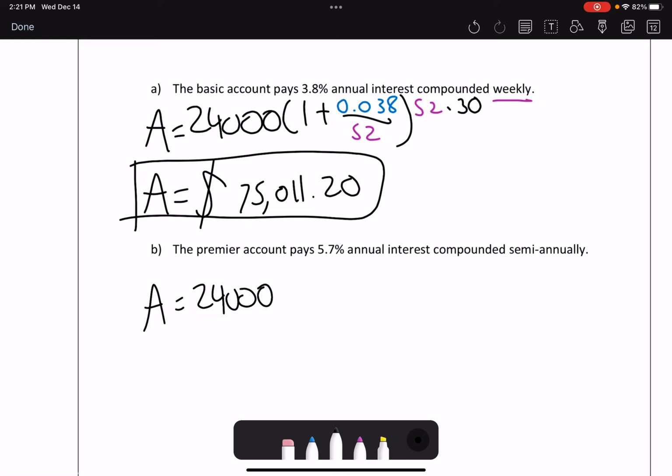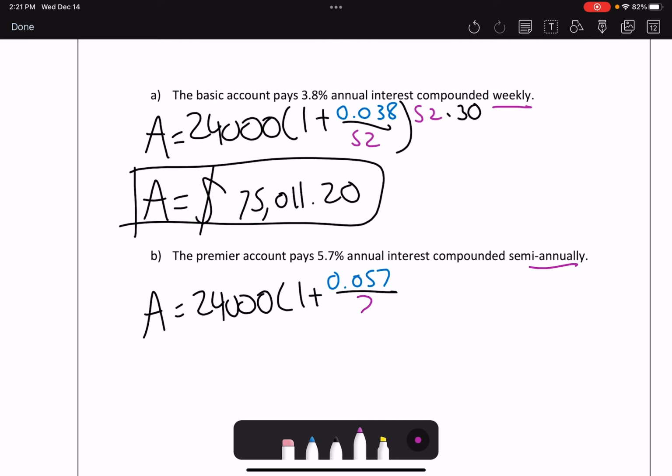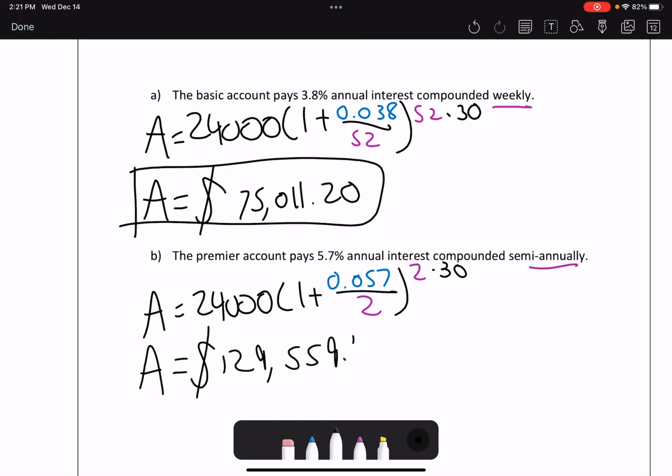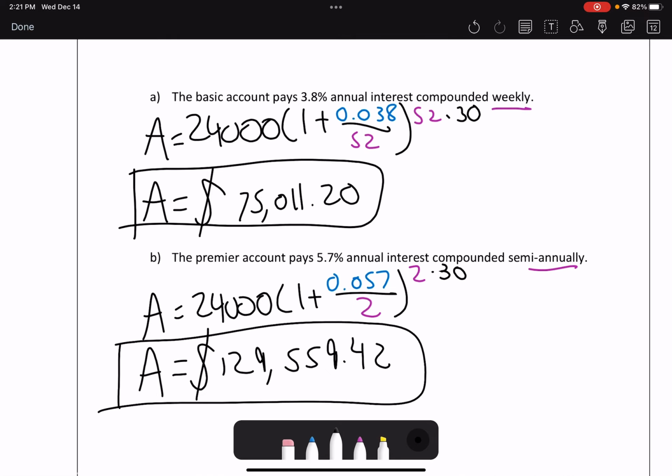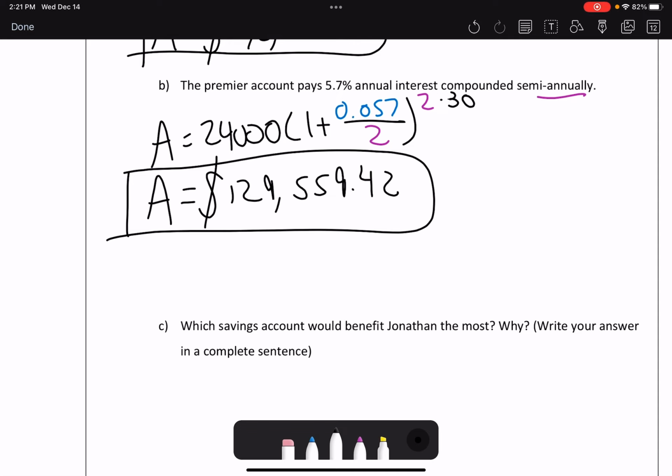For the Premier account, though, we've still got that $24,000 initially, but my rate is now increasing to 0.057, and it's compounded semi-annually. So that means it's going to be compounded twice a year. And that's going to be 2 times 30 as my exponential value there. So I've got 1 plus the rate of 0.057 divided by 2, in the calculator, raised to the power of 2 times 30. For the Premier account, Jonathan, after 30 years, is going to have $129,559.42. So if I'm comparing these guys, the one that's going to be the most beneficial is the Premier account,